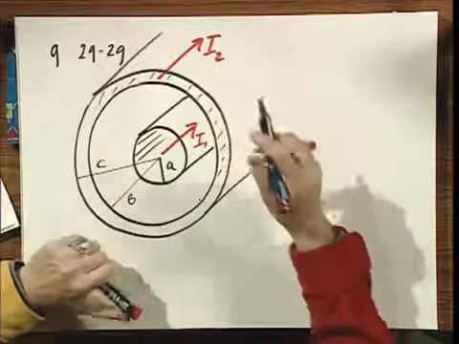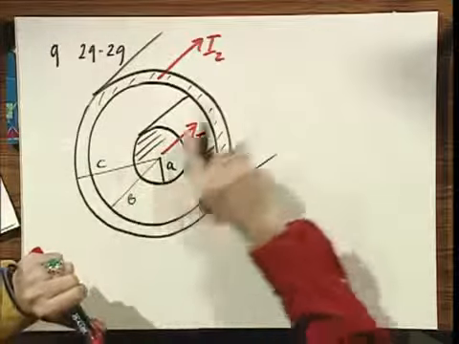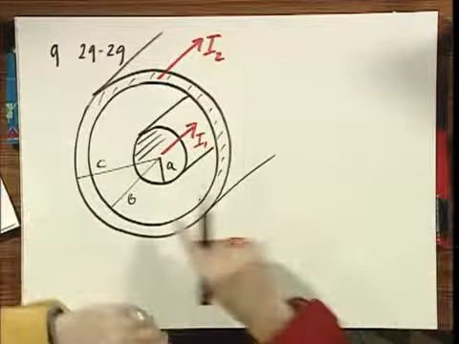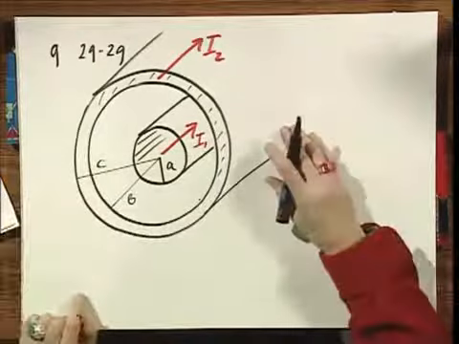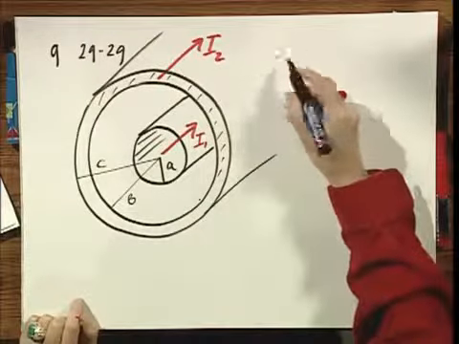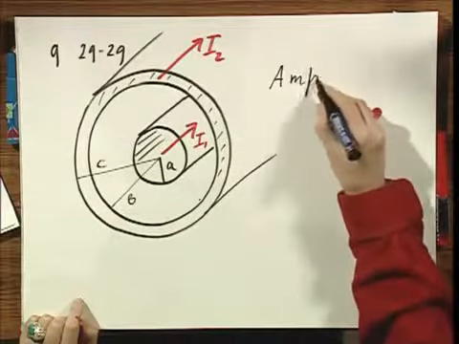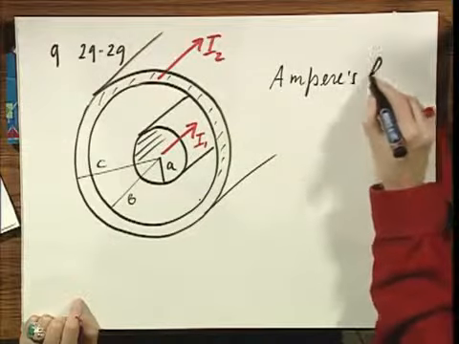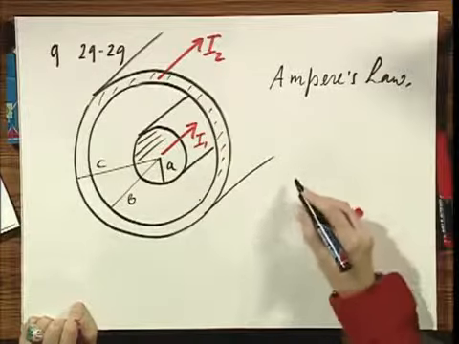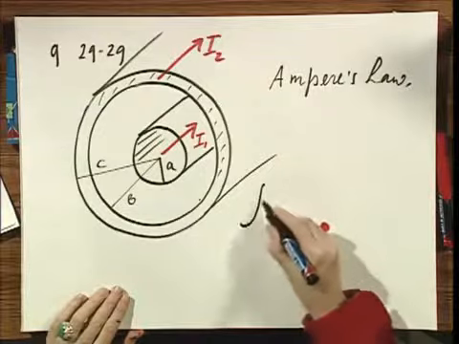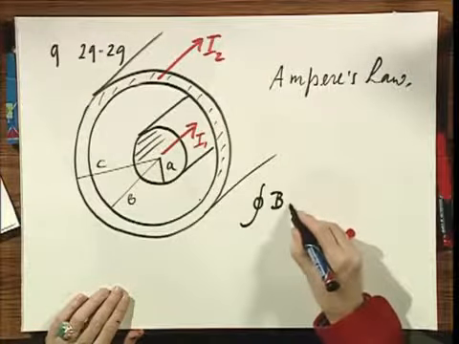Well, thank goodness that we don't have to use Biot and Savart, because we have a very long, infinitely long wire. So we're going to use Ampere's law. But I want to talk a little bit about Ampere's law. Ampere's law says that the closed loop integral of B dot dl